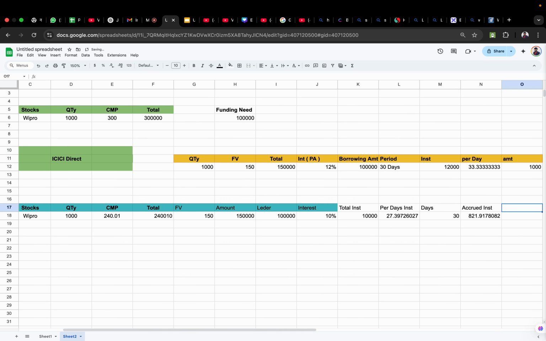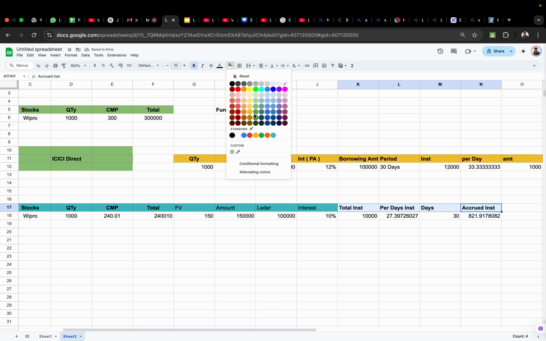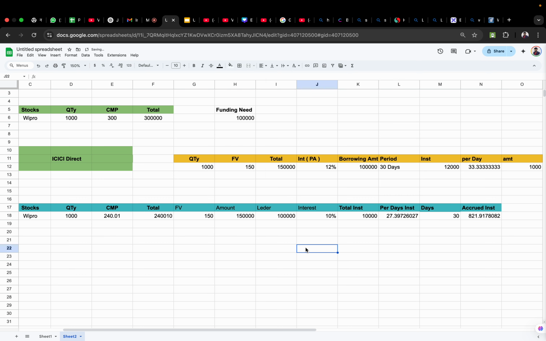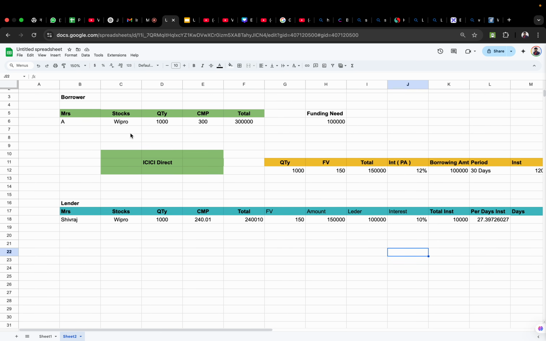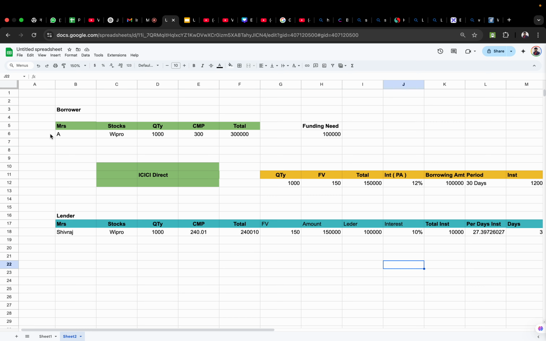Accrued interest. Okay, so this is how you can see the terms in the particular trade. Now try to understand, guys, the collateral position. In a first scenario, the original owner of the collateral is Mr. A,